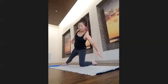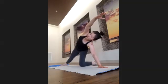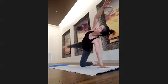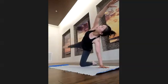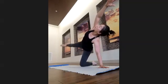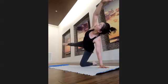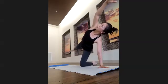So left hand down, right toes down, and reaching out. Once you find the balance, we're gonna lift up the right leg. Up and down a little bit higher for 5, 4, 3, 2, 1. Making that bigger circle for 5, 4, 3, 2, 1. Opposite circling for 5, 4, 3, 2,